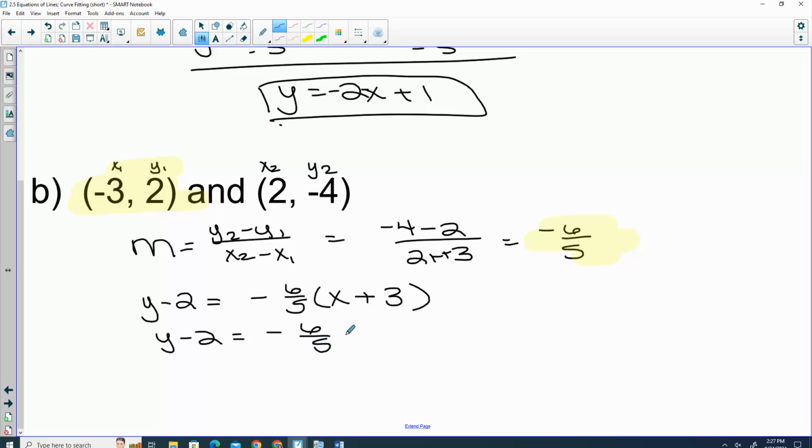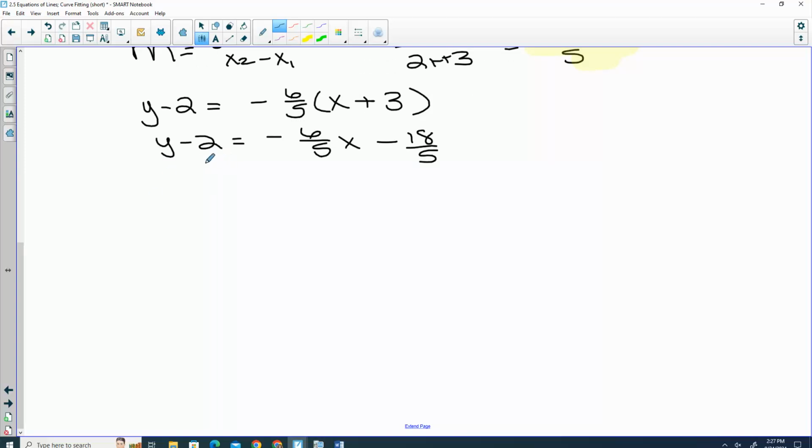Distribute. That's -6/5 x minus 18/5. If the fractions confuse you, use the calculator. Tomorrow, no graphing calculators on the quiz, just a reminder. We get y equals -6/5 x